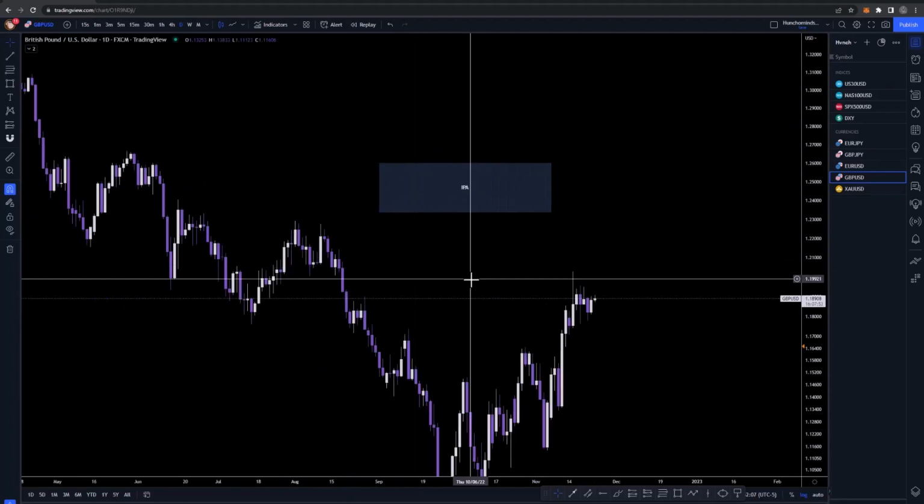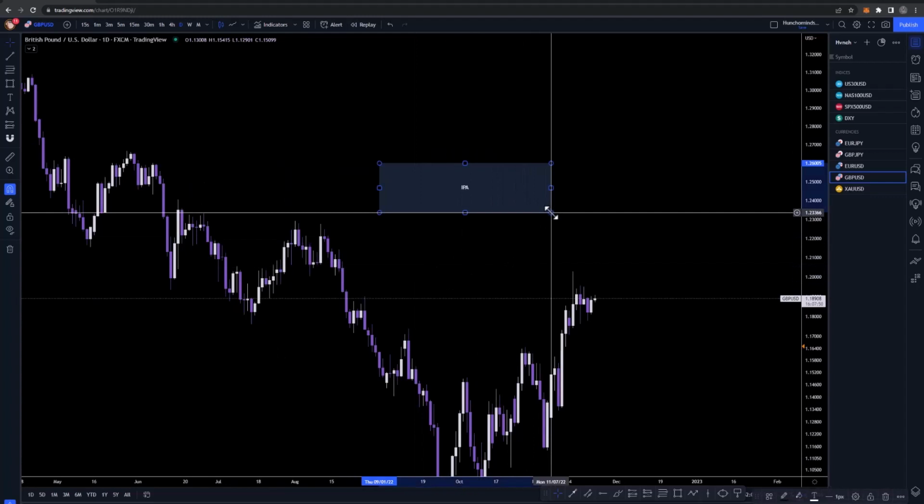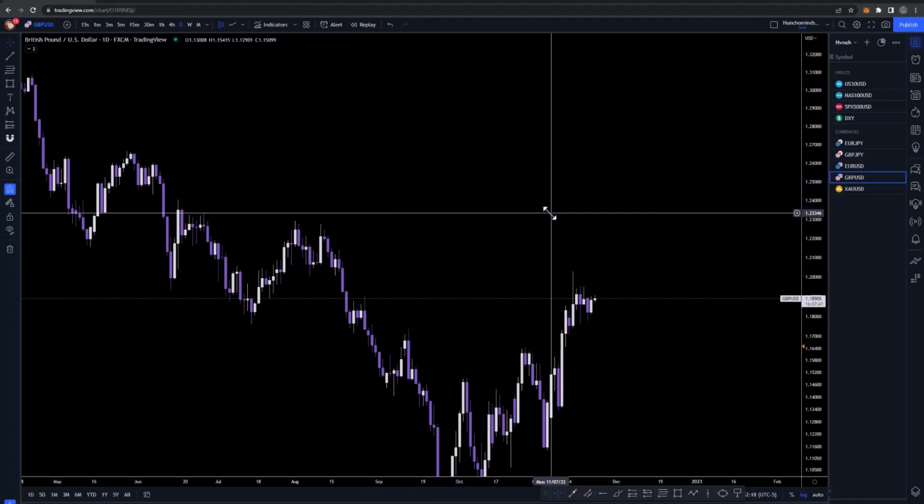Okay, so this is a really cool trick that I've utilized, and it's just simple, easy ways to just make your navigation easier. Okay, so now